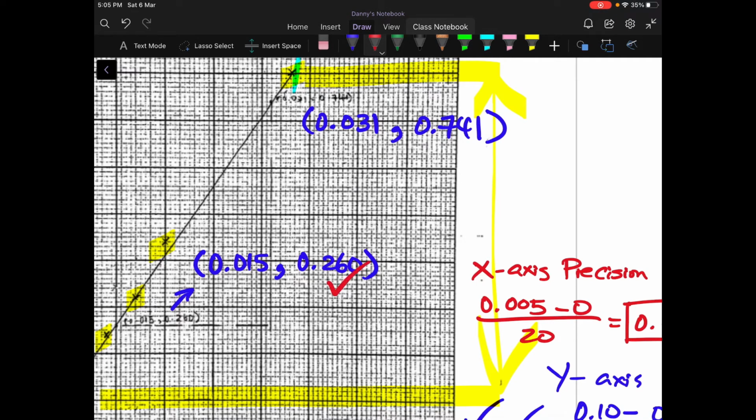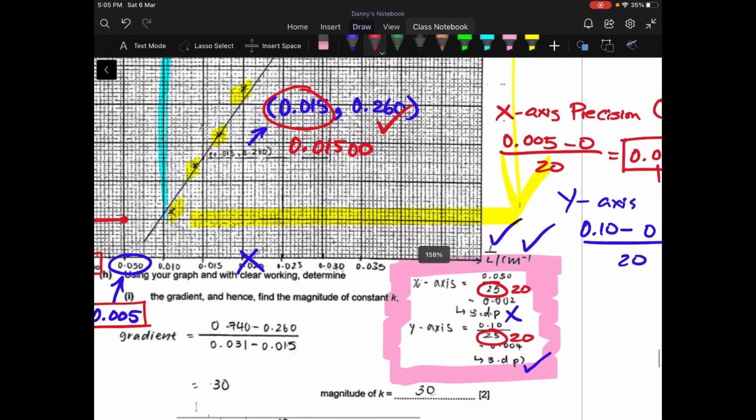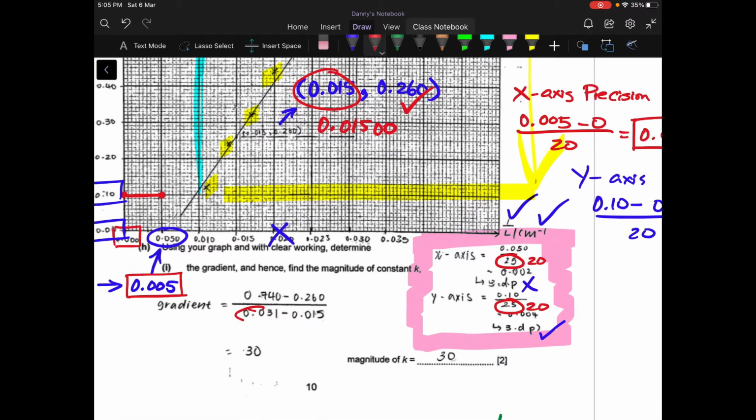So if I were to mark, then this will be correct, but unfortunately this one and this one will be wrong. It should be 5 dp. Okay, so because of this one error, I would expect her gradient to be wrong as well, because this should be